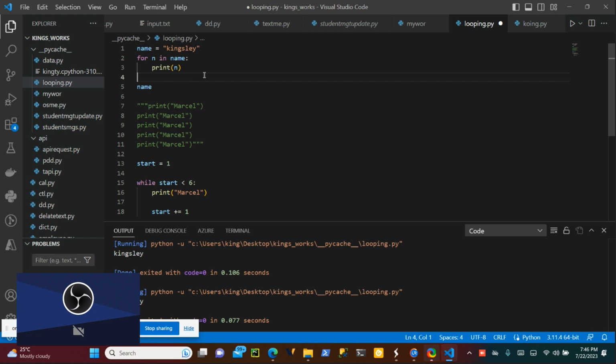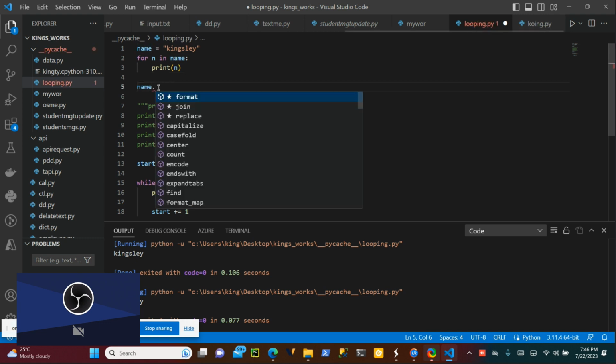Okay, now if I use dot, you can see it gives me all what we were talking about today. You can use format, you can join, like what we were talking about. There are a lot of them. You can see the replace we just did.